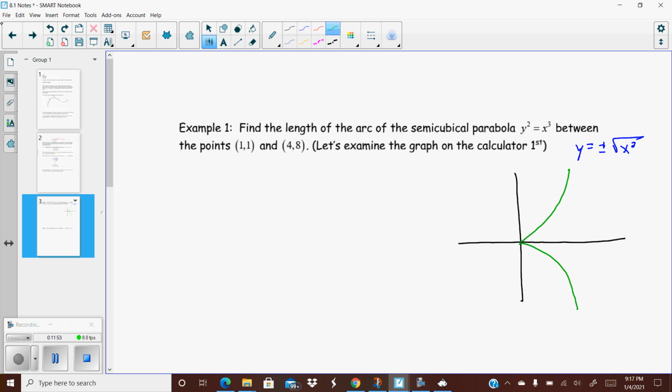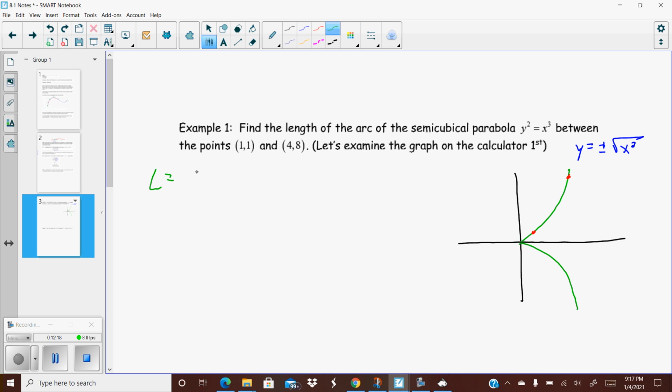So we want to figure out the arc length between the points (1, 1), which would be approximately right there, and (4, 8), which may be someplace up here. We want to find that arc length right there, so the length between those two dots. So we really didn't need the negative part in this case, but it was still good to be able to see it. All right, according to our formula,